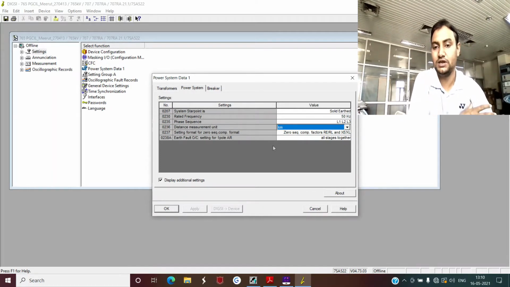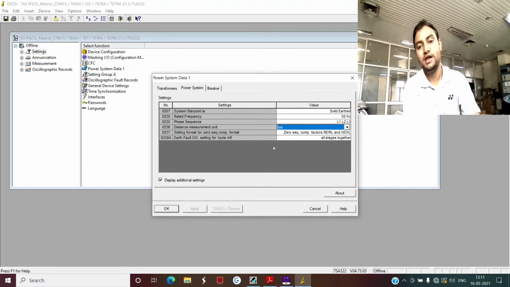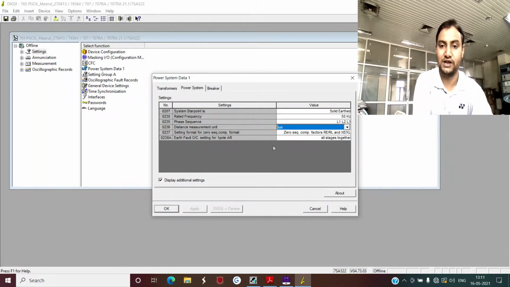But in case of an R phase to ground fault, your fault current returns through the ground path. And this ground path involves lots of factors, one of the important factors being the zero sequence impedance. The zero sequence impedance will keep on changing depending upon your terrain or the soil conditions. That's why you have to use the zero sequence compensation factor in the relay correctly.